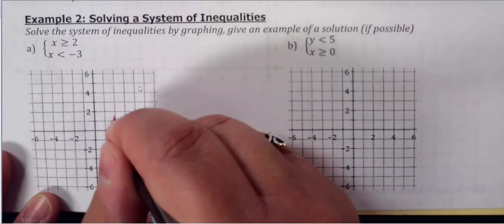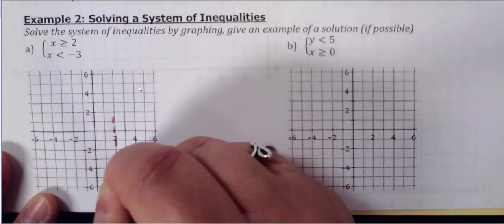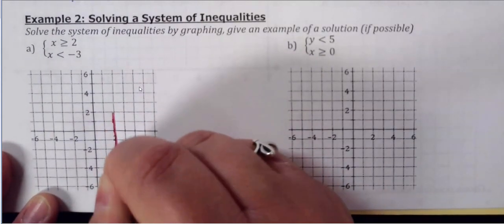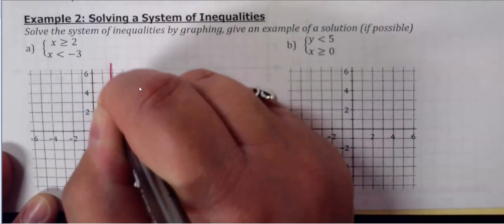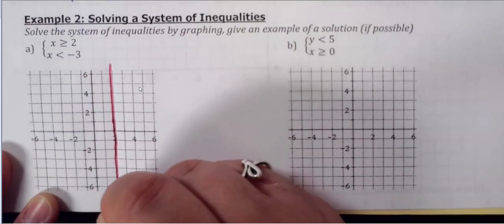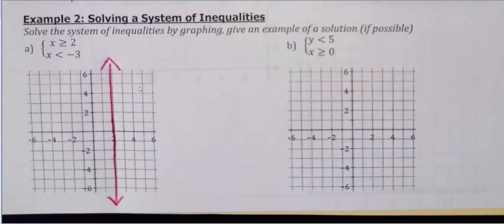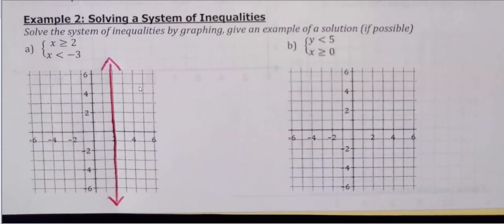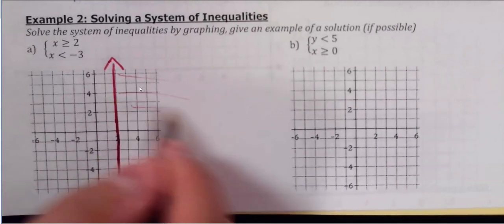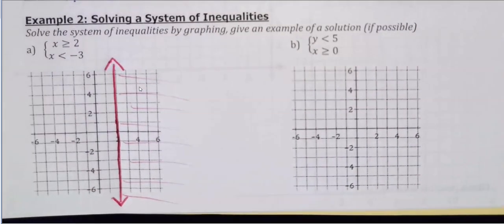So I know this always trips people up because it's parallel to the y-axis, and I don't know why I just drew a dotted line, but it should be solid. So greater than or equal to 2, which just means all the points on this line would be part of our solution, but I can't shade above or below a vertical line. So you got to think about it for a second. It's either going to be right or left. Where are my points greater than or equal to 2? Is it on the right side or the left side? The right side. So I'm just going to lightly, so it would be all these points over here would satisfy